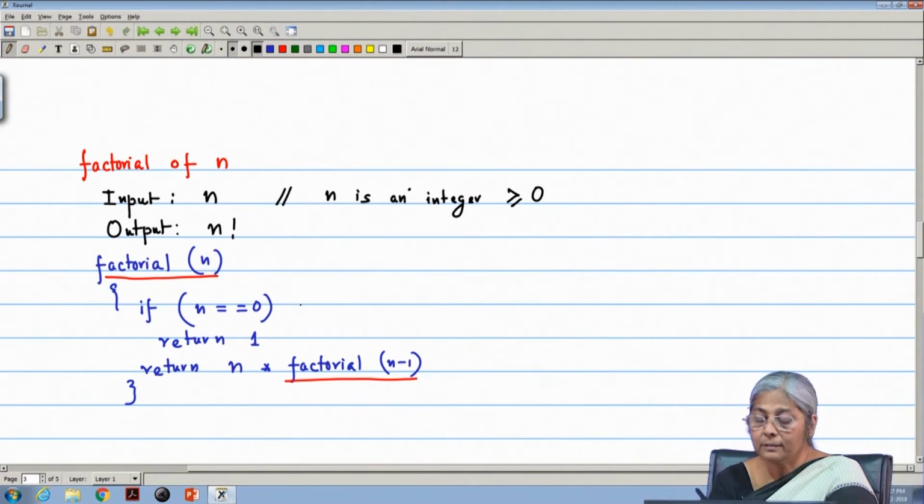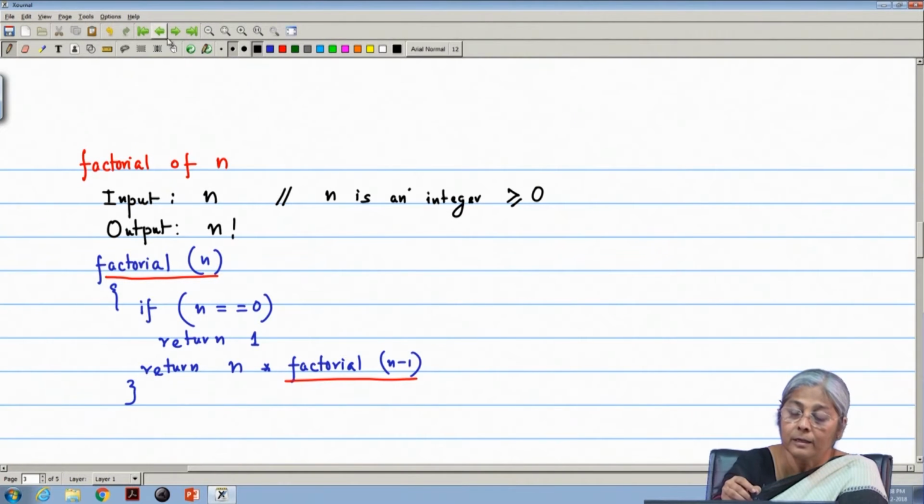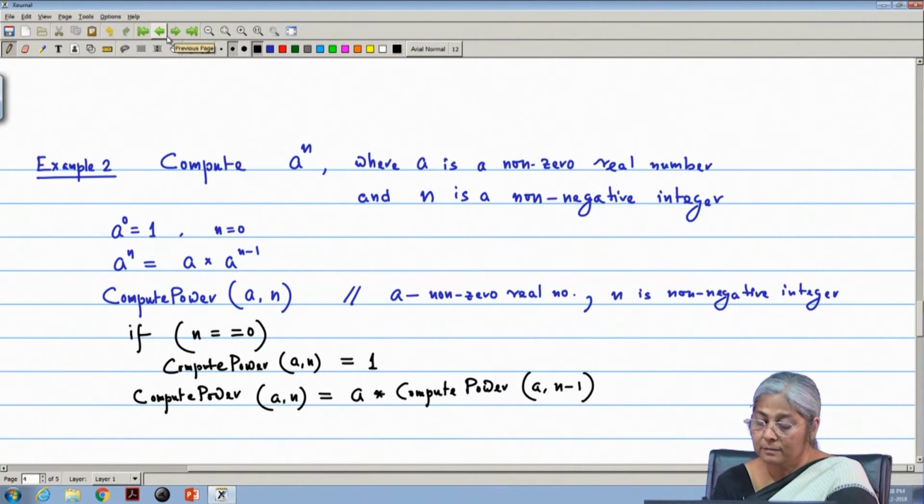So, I can think that this is my basis step, n equal to 0 then return 1, that means for n equal to 0 it gives some value, and otherwise I am writing a recursive step which actually contains my recursive function. If I see the next example, again it is the same, that if n equal to 0 it returns 1,